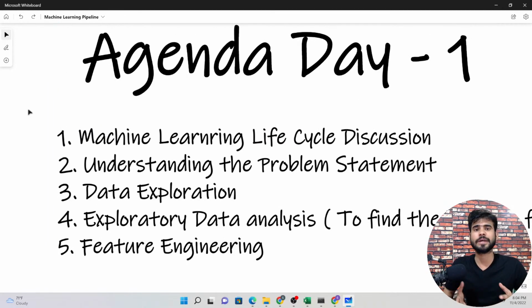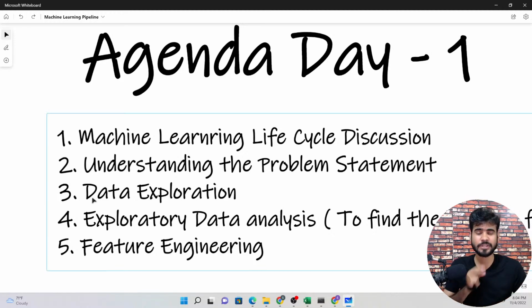Because whenever we are doing any machine learning project or any type of data science project, first of all we understand the problem statement, because based on the problem statement then we can implement the EDA, data preprocessing and feature engineering steps, and based on those steps we can implement the machine learning algorithm. So first of all we understand the problem statement, then we start with the data exploration and EDA. So data exploration, third step that we have. Then exploratory data analysis, where we are going to find out the insights from the data.